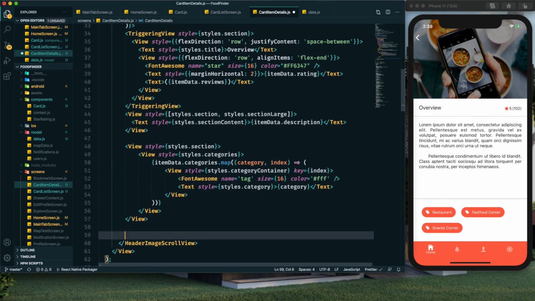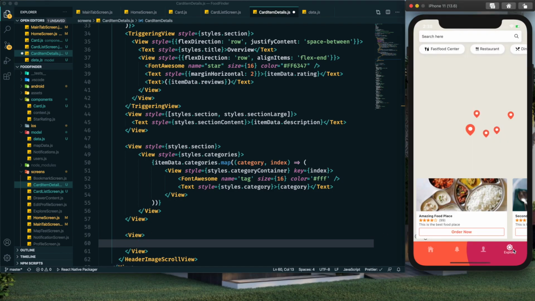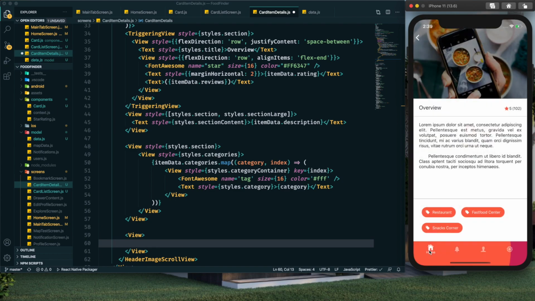And finally, after this view I will display a Google map with the location of this item marked on that map. So for that I will use map view, and previously in this series I have already shown you how to install it and how to use it in this explore tab. So I'm not going to explain much of the details over here in this tutorial. If you want to learn more about it, then you can definitely check out that tutorial. Here I will just implement it quickly.